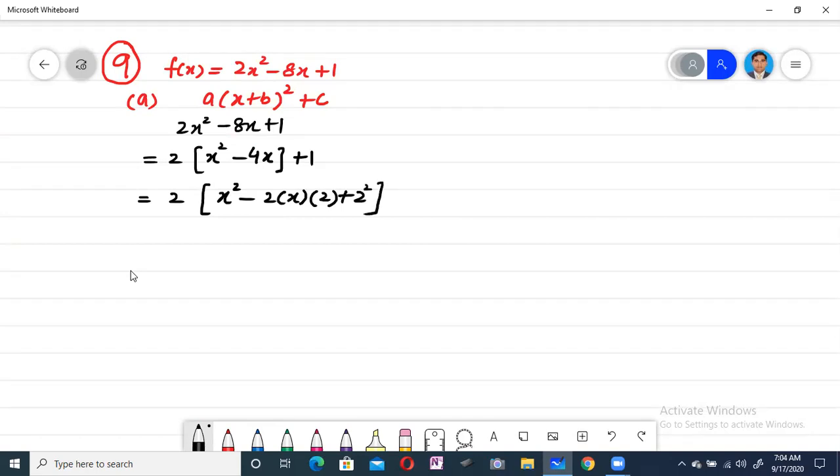Okay, as here is minus 4x, then due to that b we are taking 2. Then 2 into minus 2 will be minus 4x. Now here this plus 1 as it is. After that this 2 as it is, x square as it is, 2s are 4x as it is. This is extra, this 2 square, and with this 2 square this 2 also multiplying. 2 square is 4, 4 into this outer side 2 will be 8. 8 we are adding, that is extra, then we have to subtract that 8.